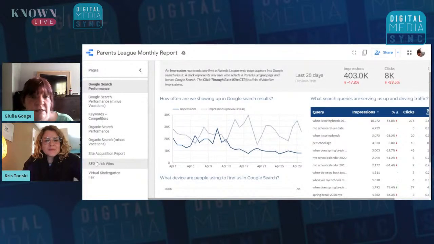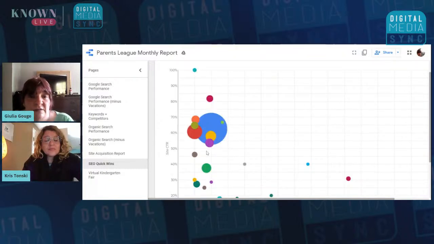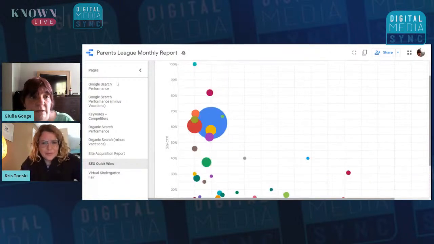So this is a good one. The SEO Quick Wins is just a really quick hit. So if I'm handing this to somebody who has other tasks and not a lot of time, and they're saying, how is my SEO working? Well, that's not the one, actually. That's not the one I wanted.